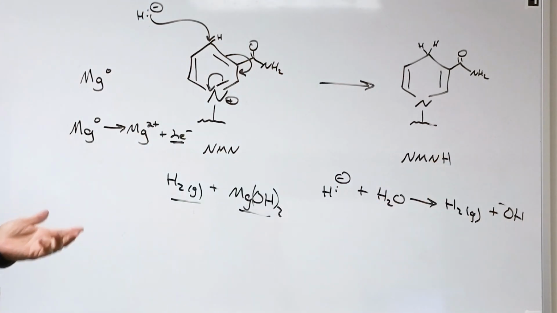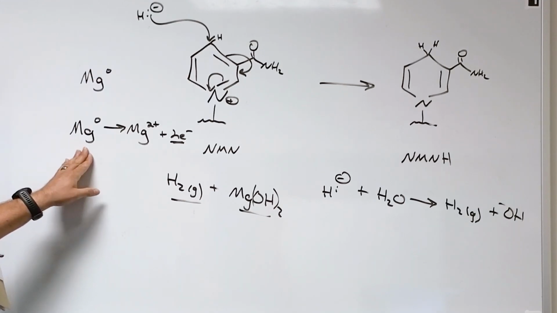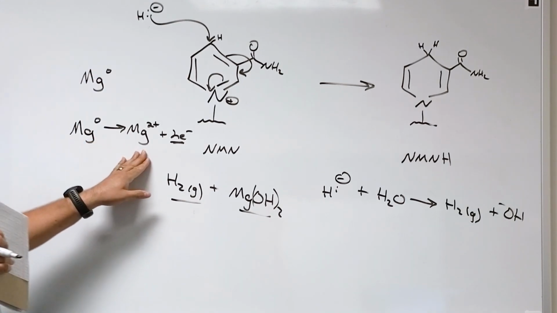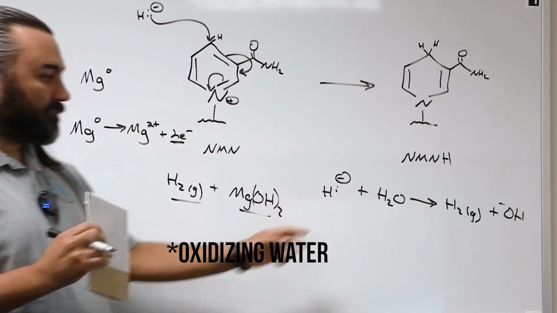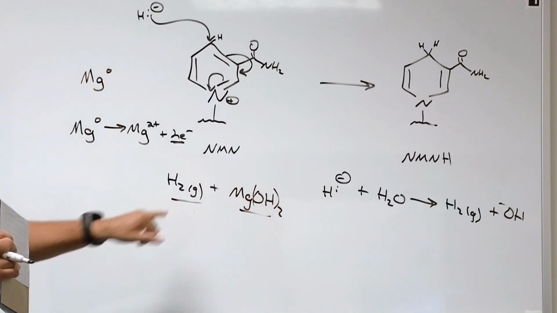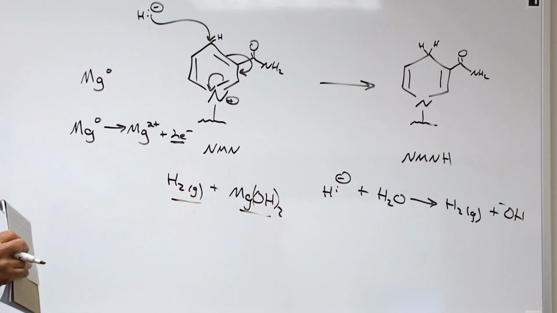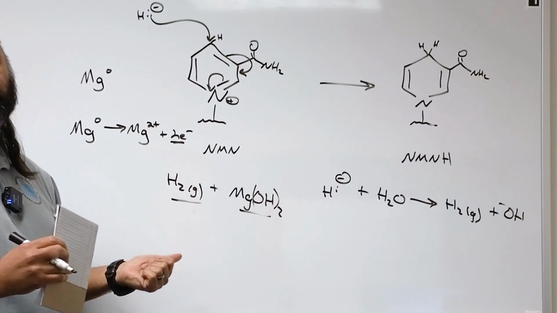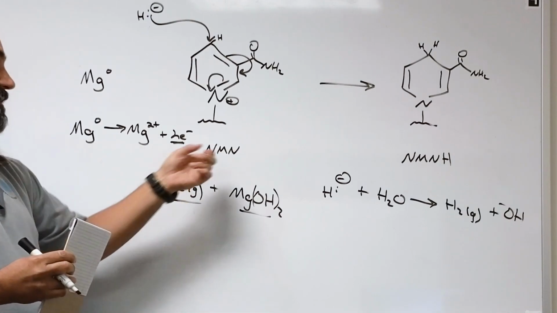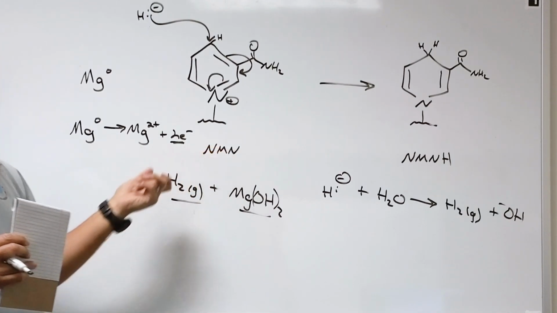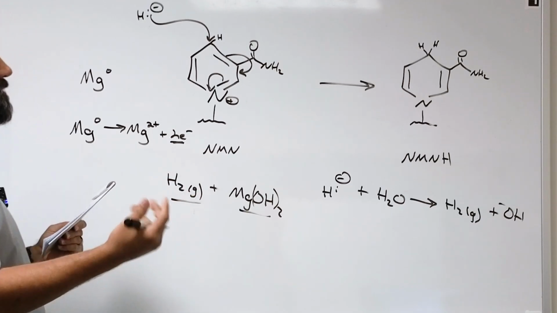So I don't think this reaction happened because there's no source of hydride, and the reaction of magnesium being oxidized to magnesium ion and therefore reducing water from water to OH and creating H2 gas is likely all that happened. The yellow color, truth be told, I can't exactly explain, but there are a lot of ions in solution. There could be other organic molecules that were present. I don't know where the NMN came from. It likely is not 100.00% pure NMN, so there could have been other organic molecules that maybe got oxidized or